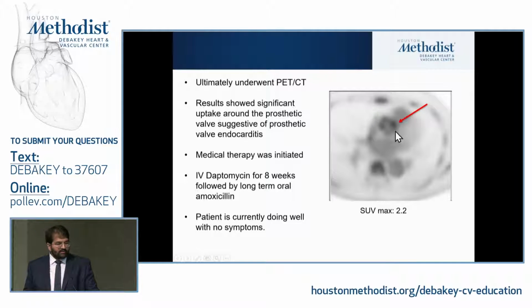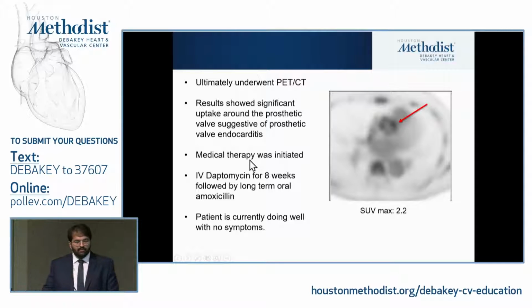So if you can see, this is a cross-section axial image of the heart. This is where the aortic valve would be. This is the anterior, this is the sternum, and this is the vertebra. So you can see that there was uptake over here, and it had a standardized uptake value, or SUV, of 2.2, which in his case was considered significant. But it was quite mild. It didn't look like a raging infection based on the intensity of